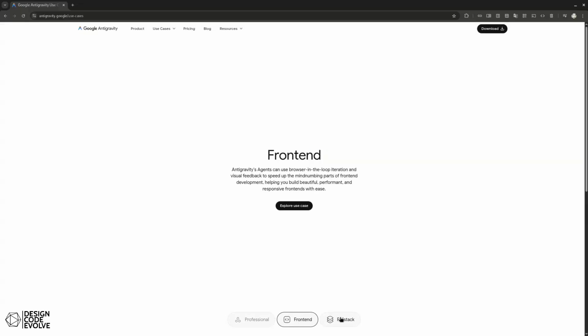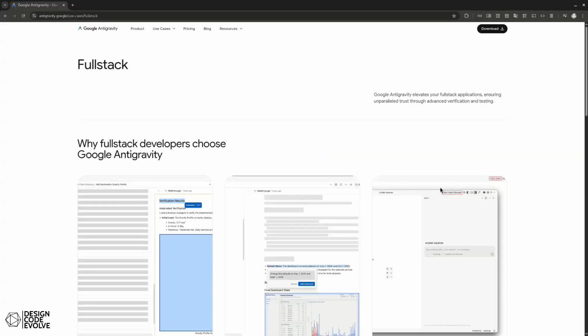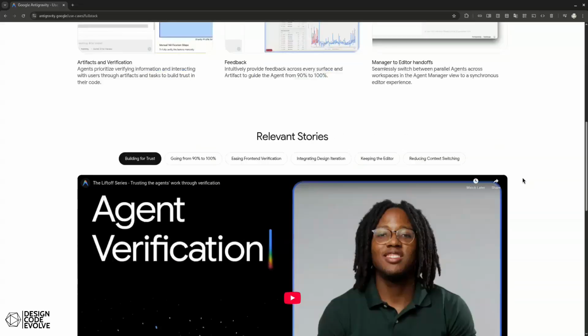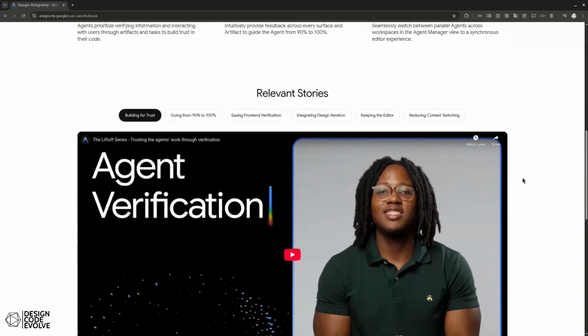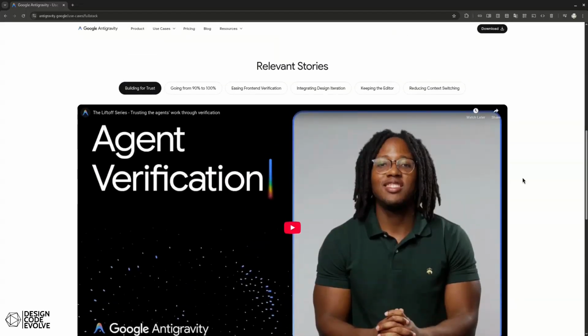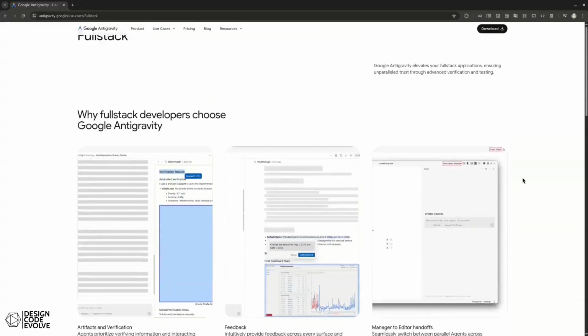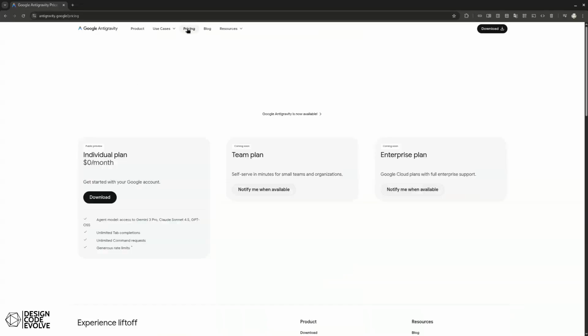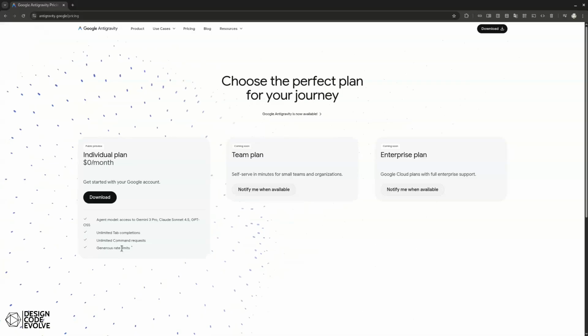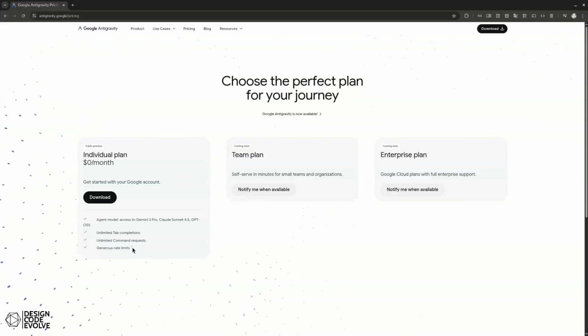The AI agent provides a mission control surface for background agents to tackle background tasks, reducing context switching. The interface feels a bit like Manus.im's project building interface. The agent can use the browser and loop iteration and visual feedback for ease with responsive front ends, communicating to users with artifacts and tasks to tackle complex tasks. For now, it has a free individual plan with access to Gemini 3, Claude Sonnet 4.5, and GPT-OSS with generous rate